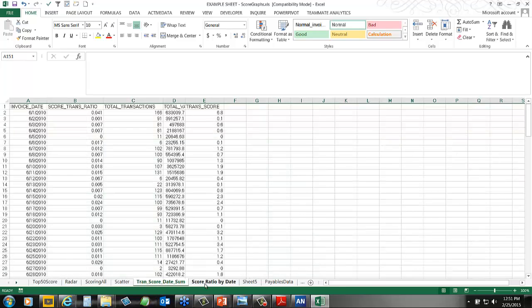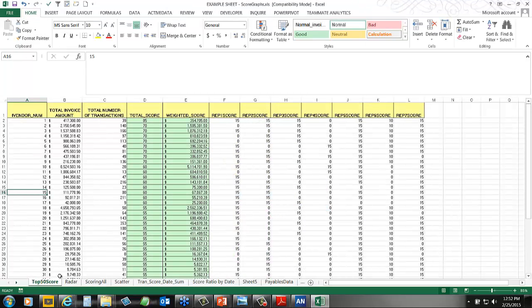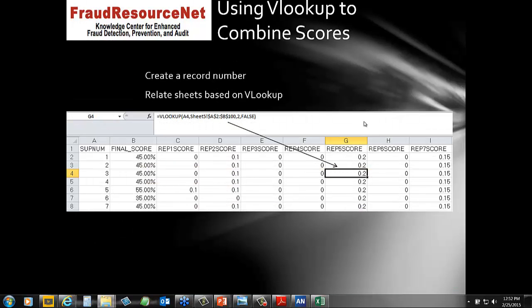With that said, you can obviously take the score ratio and do it by day and say, there's a huge day. There are various other graphs here that we created. But I think the graphing side of it isn't so much the key as thinking, am I going to score based on whether or not the employee has that attribute, or whether or not it's in the transactions themselves. And with that, let me get to the last polling question of the day,